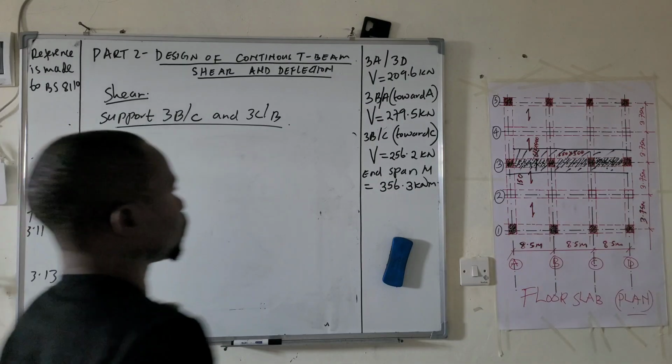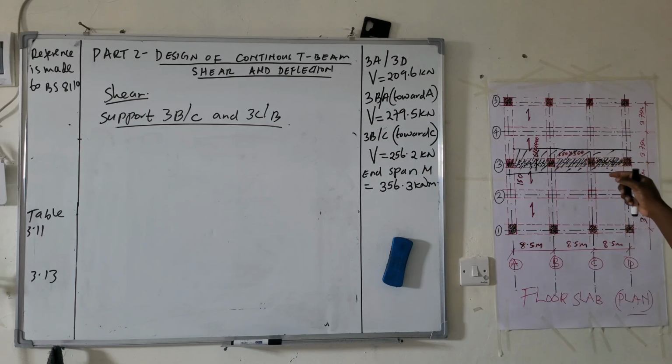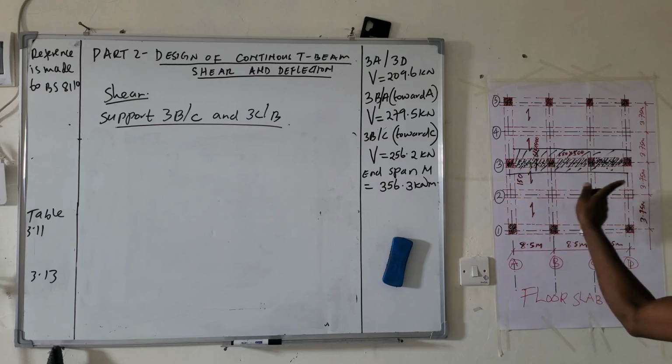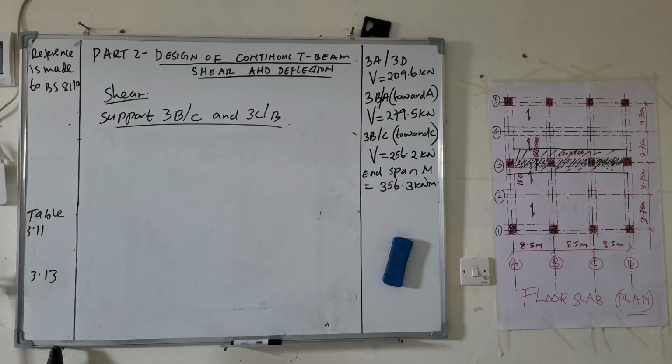So this is support 3BC and 3CB. So we are moving in this direction from here. We move in this direction from here. We move in that direction. So shear force at distance d from